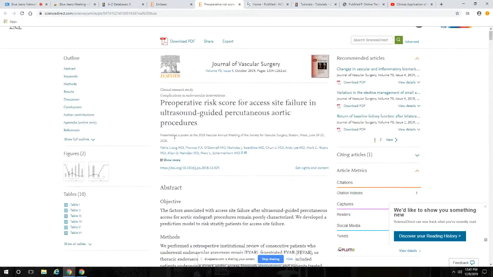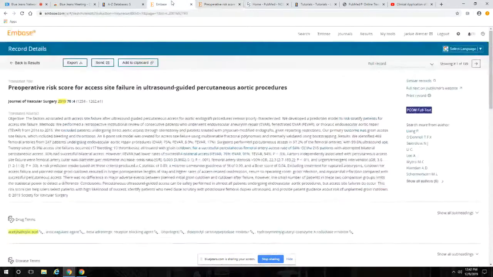Then it tells you it was presented as a poster at what specific meeting. You could also search for that specific meeting. And then if you wanted to contact the author, if it was just the abstract, you could do that. All right, and if you go back here,